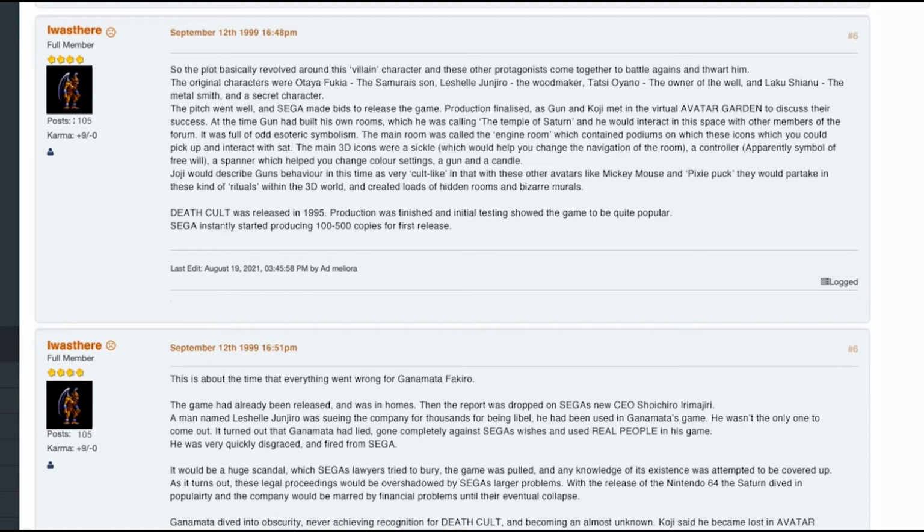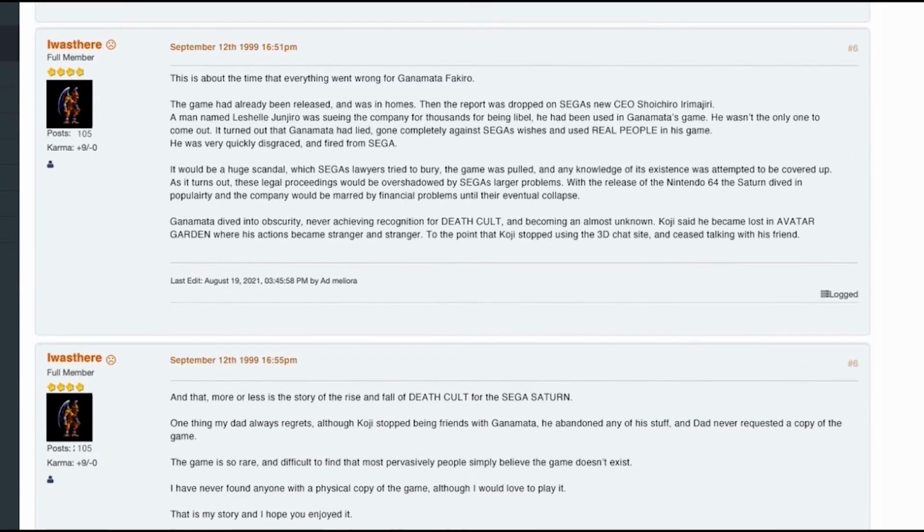Death Cult was released in 1995, production was finished and initial testing showed the game to be quite popular. SEGA instantly started producing 100 to 500 copies for first release. This is about the time that everything went well wrong for Ganamata Fakiro. The game had already been released and was in homes, then the report was dropped on SEGA's new CEO Shuichiro